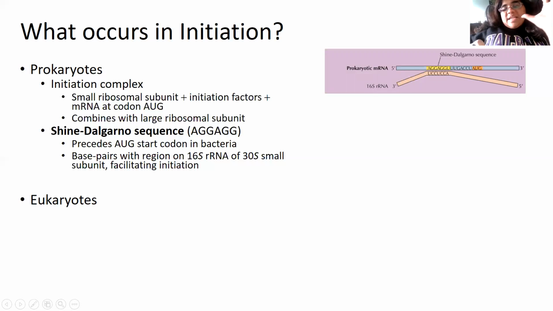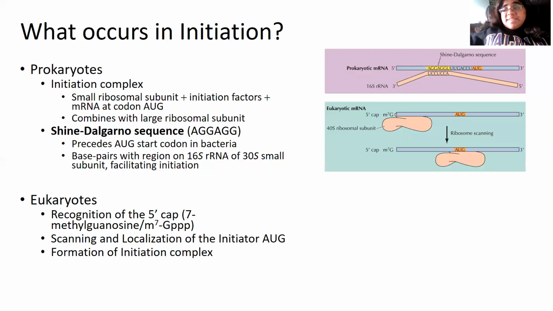This is where the mRNA comes and sits in the ribosome, okay? So that sequence pairs with the 16S ribosomal RNA, and it allows initiation to begin. In eukaryotes, there is the difference where you see that it recognizes this 5' cap or 7-methylguanosine,